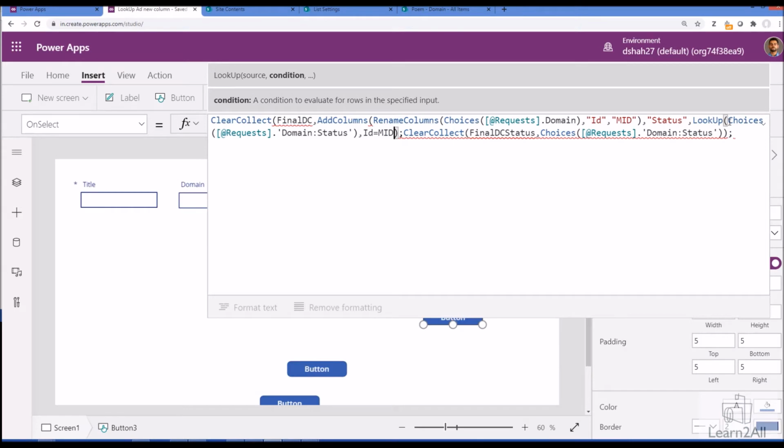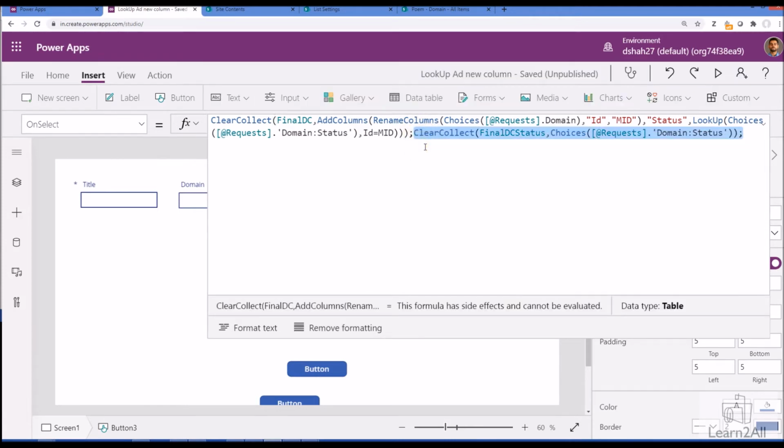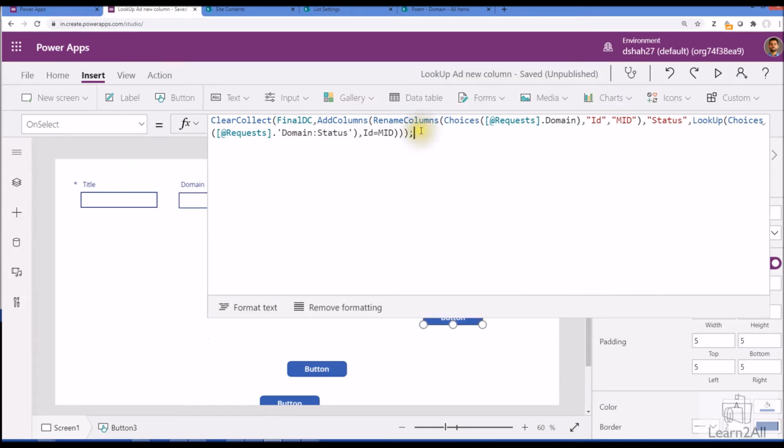Simple. Just close your lookup column, right? Now let me just remove this one, the previous one which we created, and let me just run our code and let's see the output.